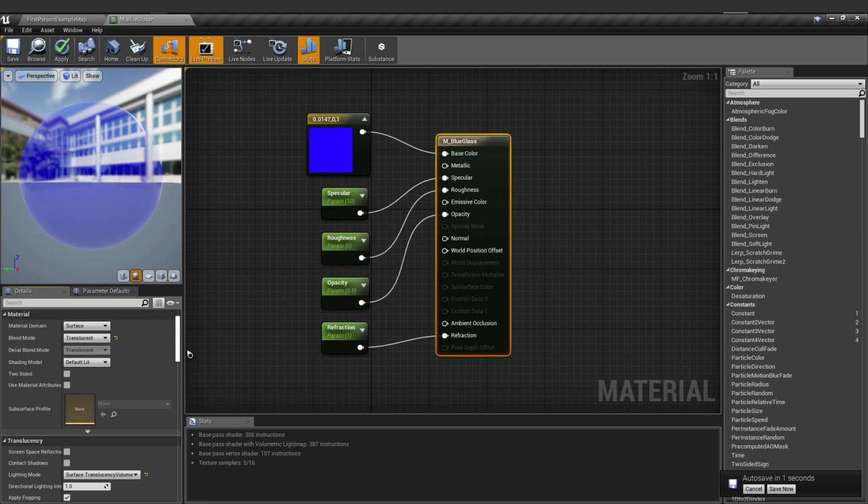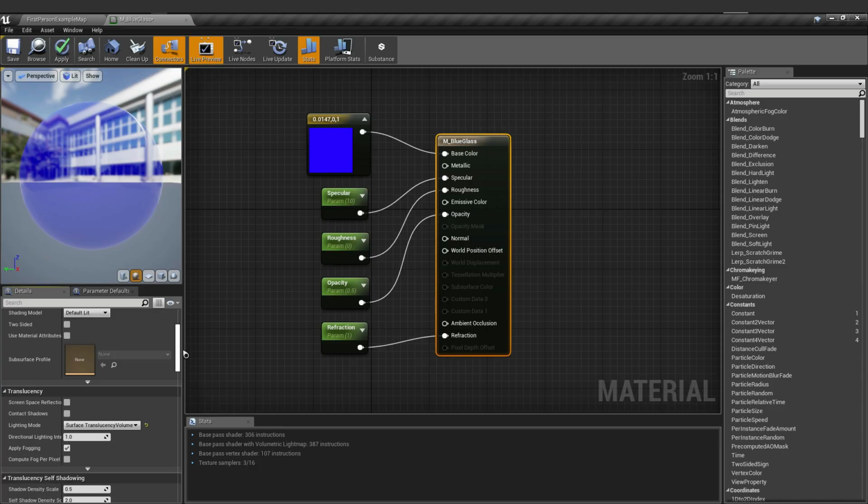Always remember, to make a glass, you need to change the blend mode to translucent. And next, to apply the opacity and the refraction, and especially to enable the other basic connectors of this basic node, you need to change the lighting mode under translucency into surface translucency volume.